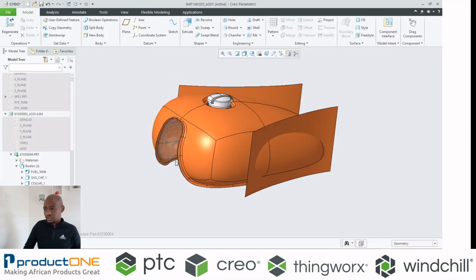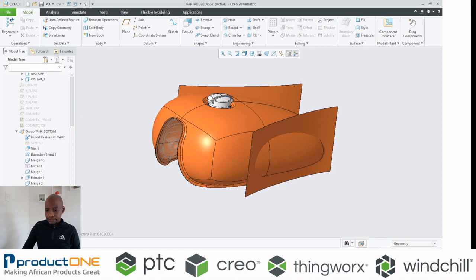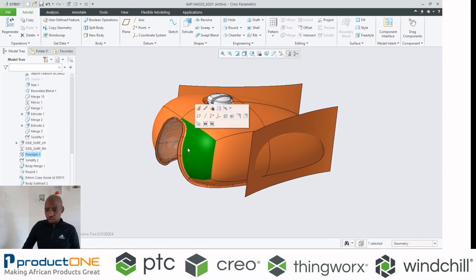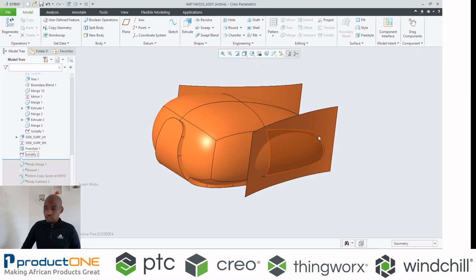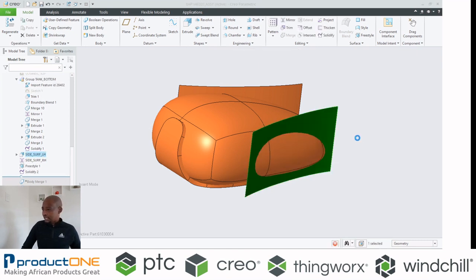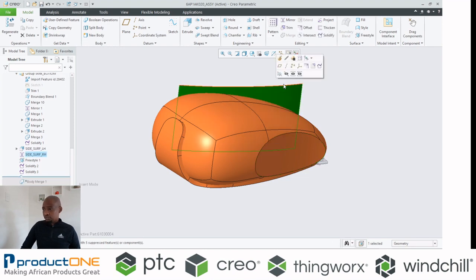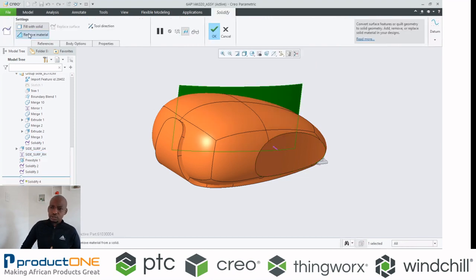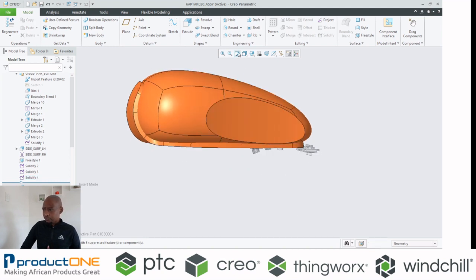What I can do is go back onto this design and take, for example, just before I created this solid surface, and say I want to do something different. Before I solidify this, how about I add this cutout and just say, remove material. I'll do the same on the other side. Of course, I could have easily mirrored this, and there's my design.